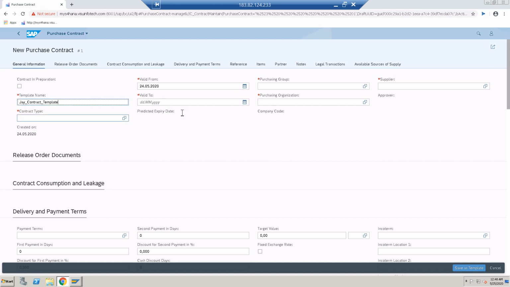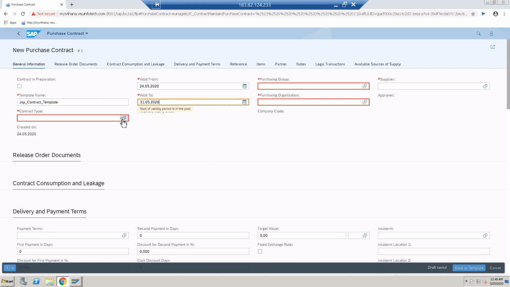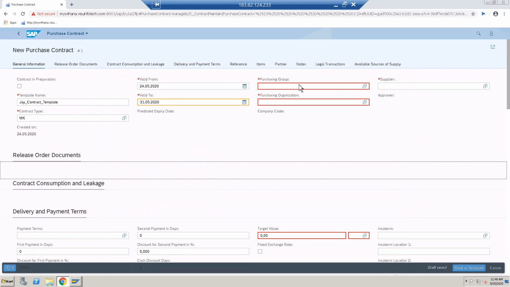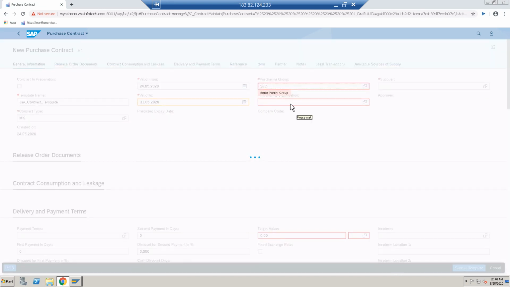Now validity 31st, and contract type, so just click and go quantity contract. Then purchasing group, just enter. I know the purchasing group, so I directly enter.